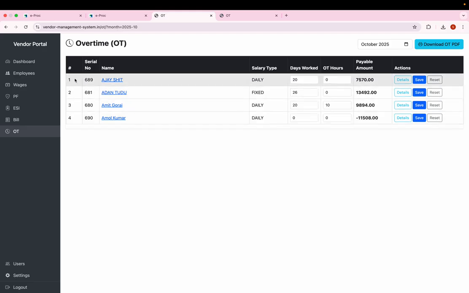It will also help you keep track of your previous months' records. For example, there are some cases wherein you might need to refer back to the record of previous months. For example, let's say for the month of September, or maybe for the month of August, we can refer back to this data. Also, one more thing, once you click on download OT PDF,